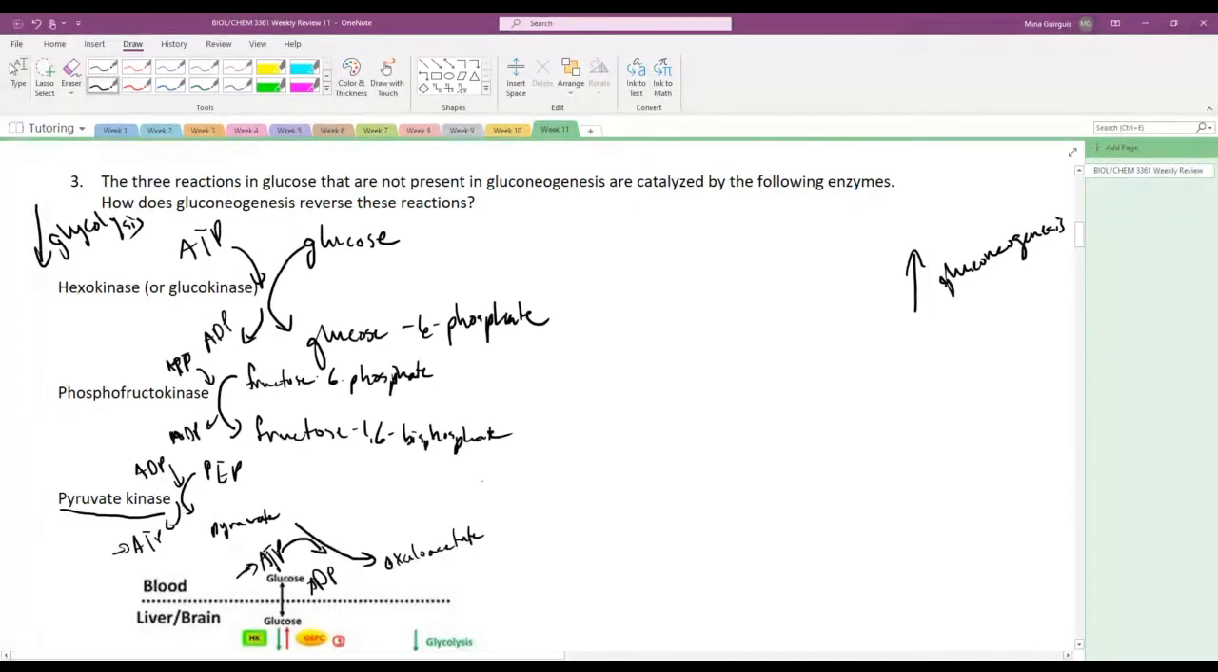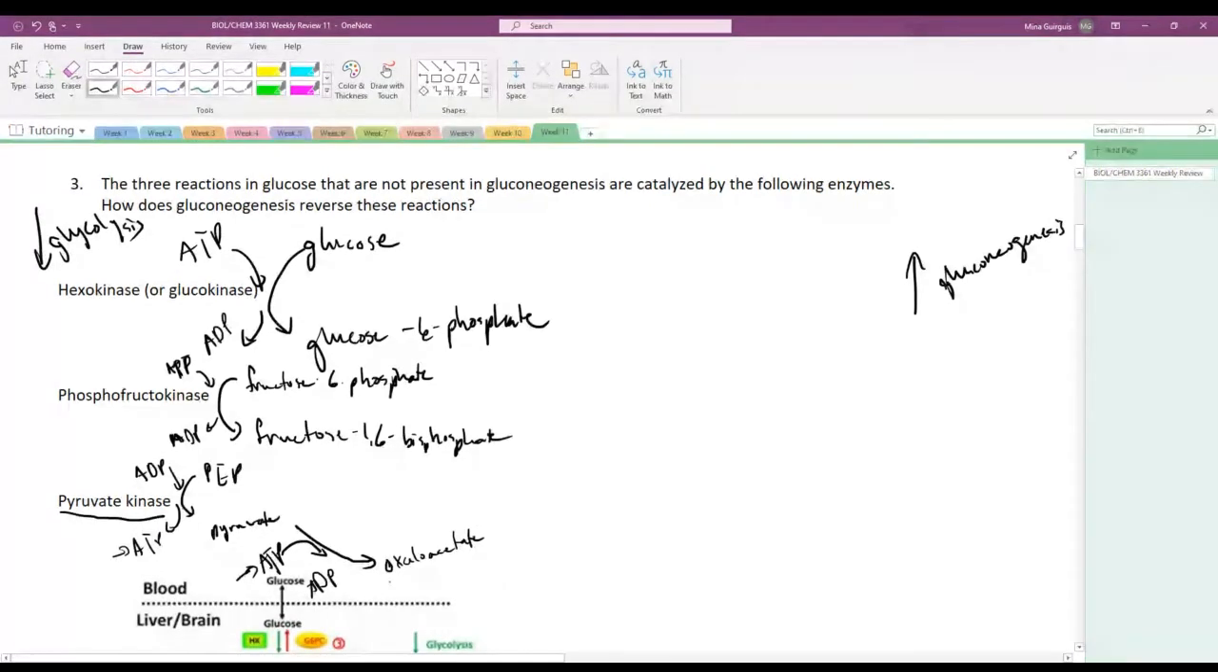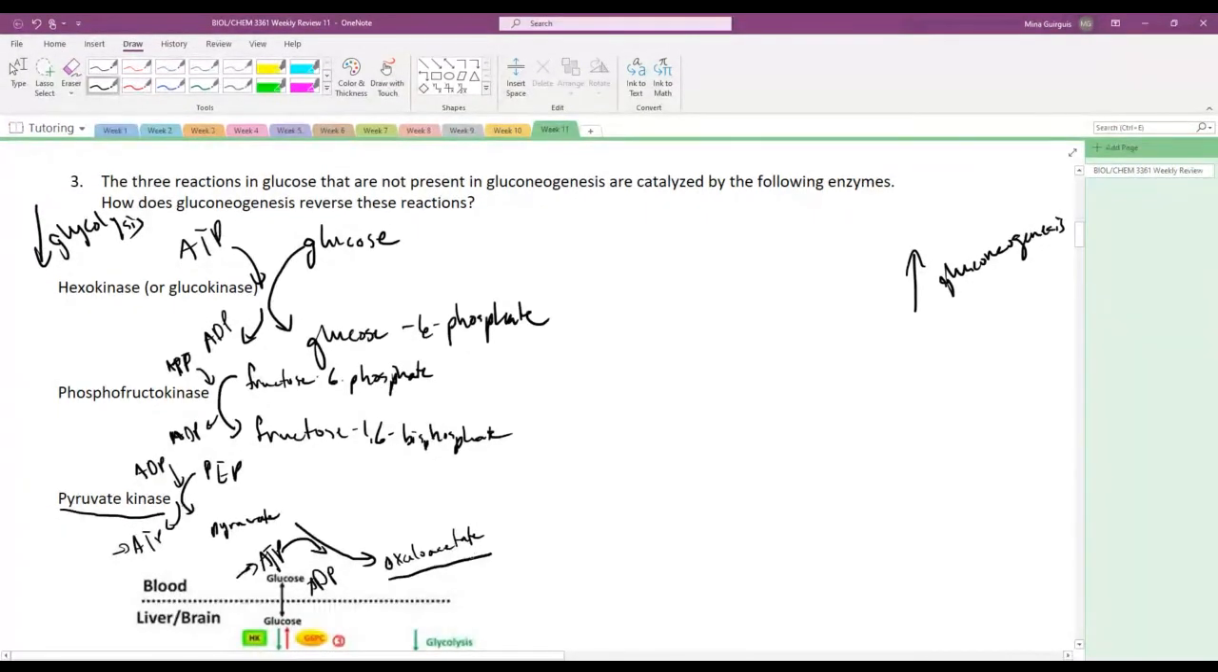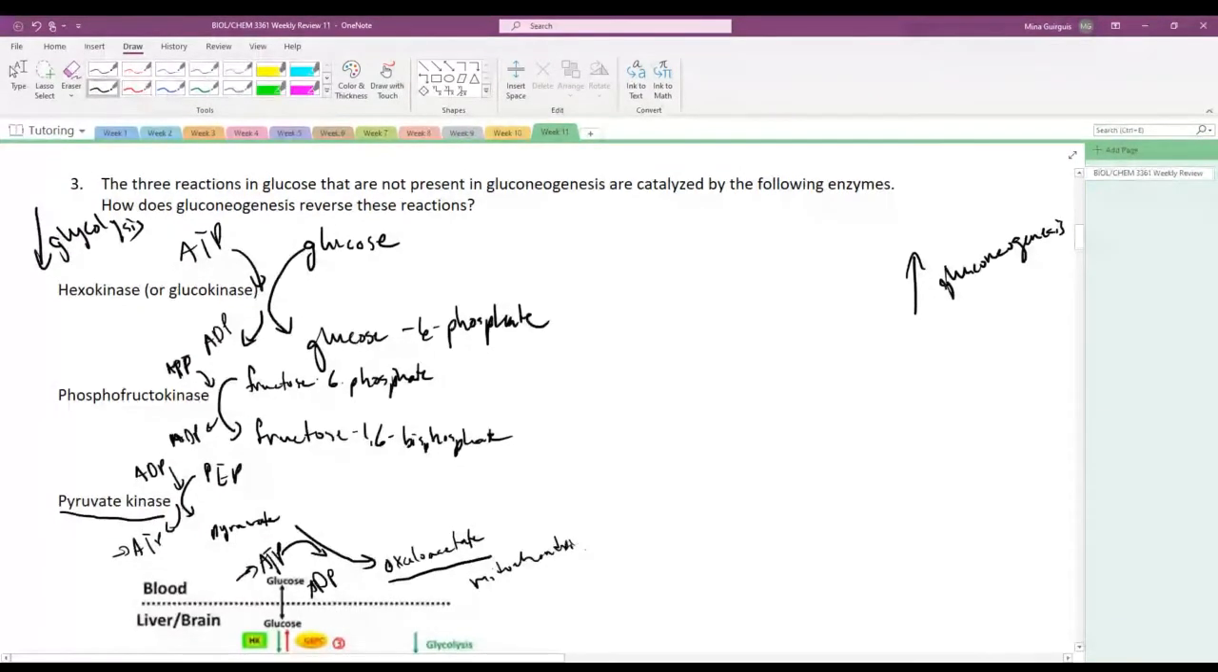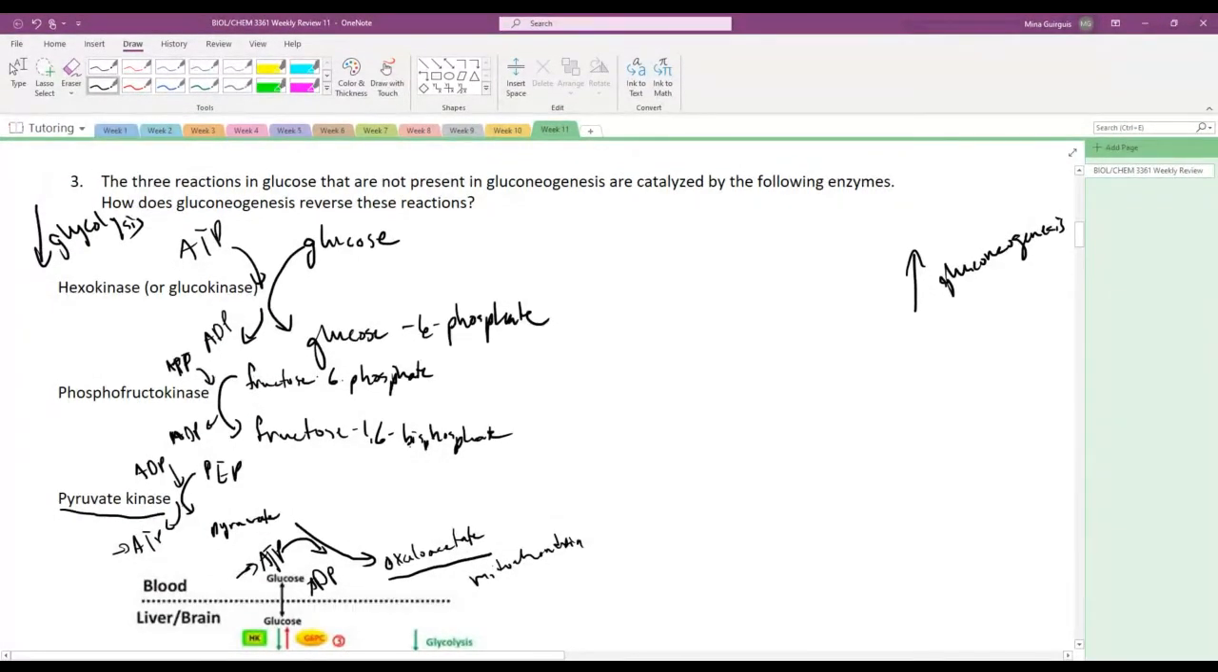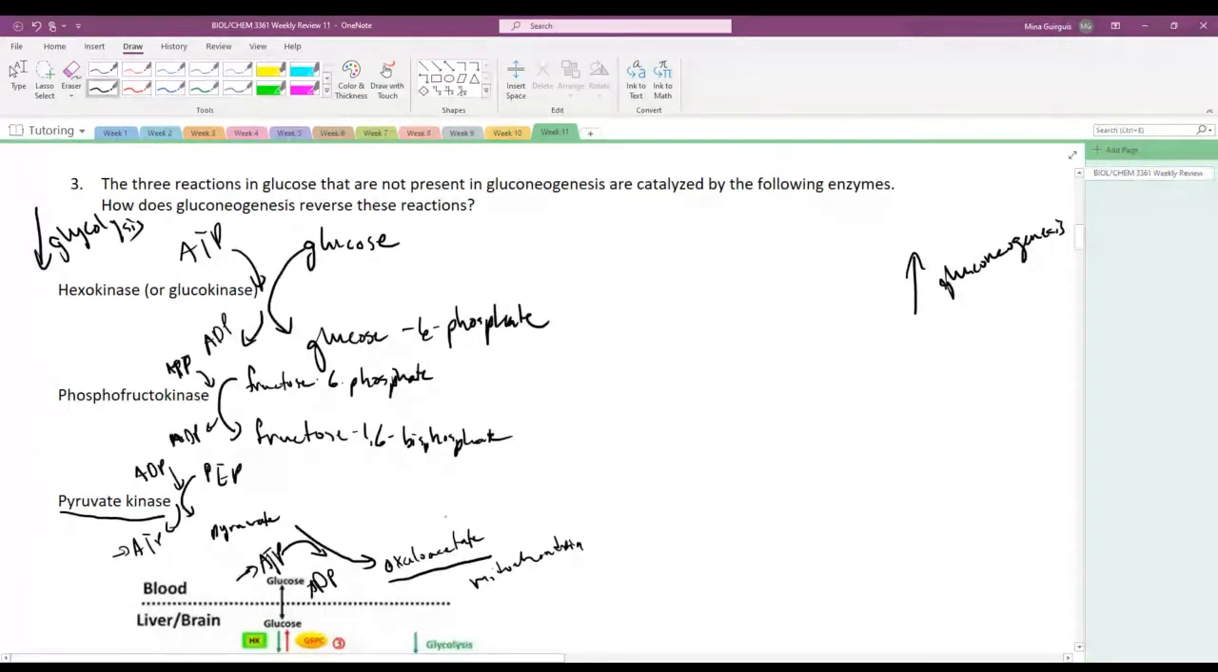So oxaloacetate is a citric acid cycle intermediate, or a tricarboxylic acid, Krebs cycle, whatever you call it. It's a part of that cycle. And so this takes place in the mitochondria. Okay? Mitochondria. And we're going to talk about the significance of that in the next question. I just want to make sure that I bring that up. Okay? Oxaloacetate obviously isn't PEP. Okay? The next step,